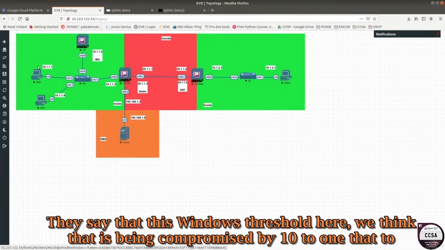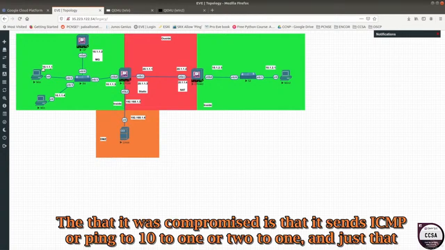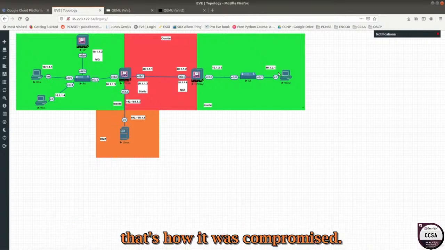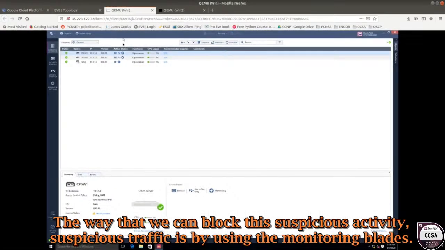Let's say that this Windows machine right over here, we think that it's being compromised by 10.1.2.1, and the way that it was compromised is that it sends an ICMP, or a ping, to 10.1.2.1, and that's how it was compromised. The way that we can block this suspicious activity or suspicious traffic is by using the